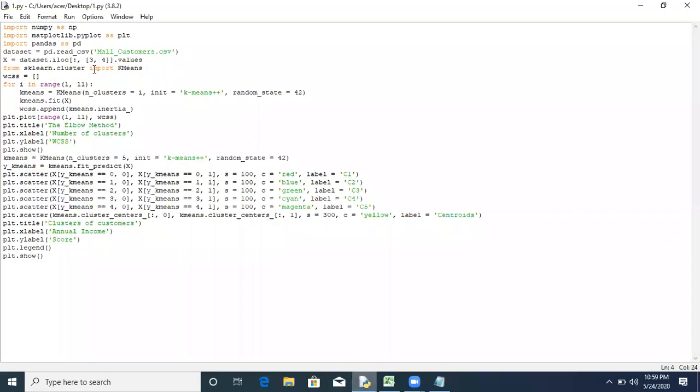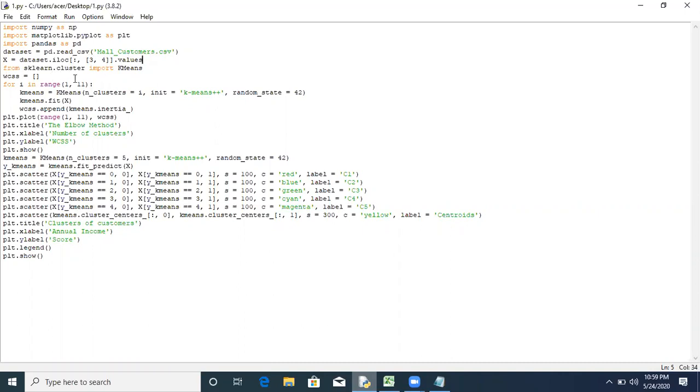The same thing we use here: all the rows. This initial value indicates the rows, and the value after the comma indicates the column. The first value is the row. So the colon indicates all, meaning all the rows, and column numbers 3 and 4 we are using for our analysis. There is no output since it is part of unsupervised learning. We are just providing the input.